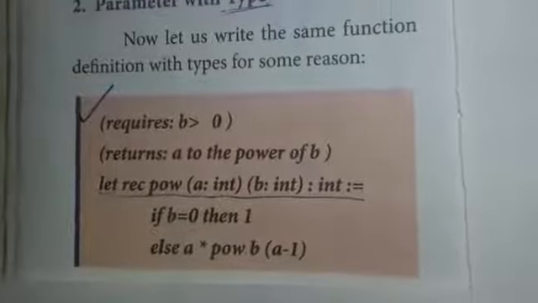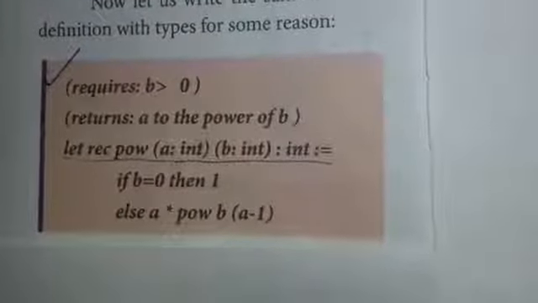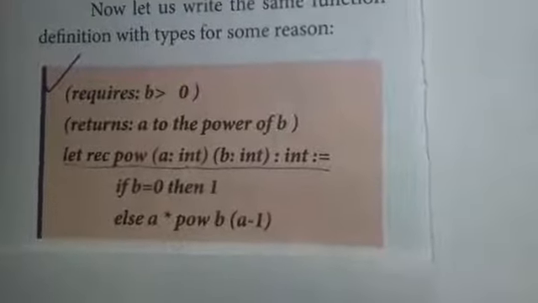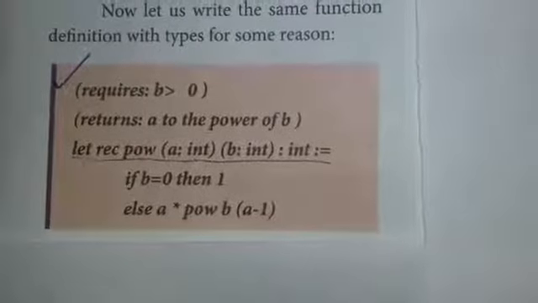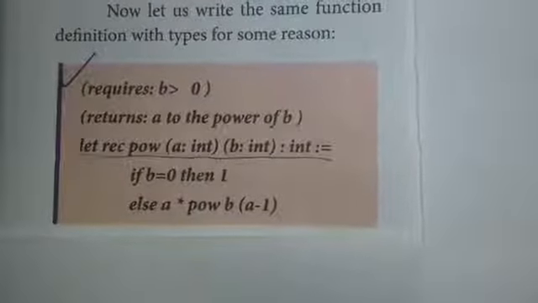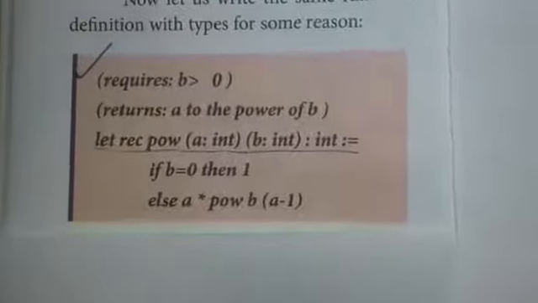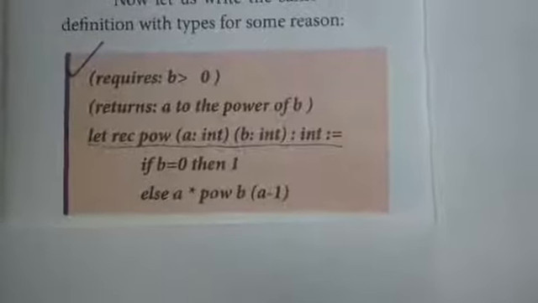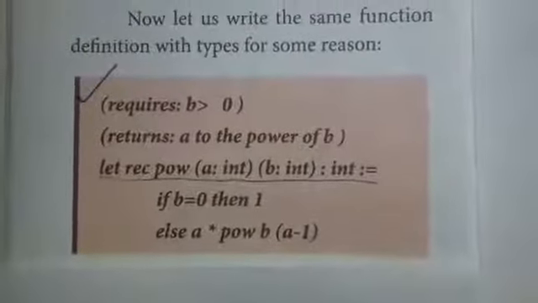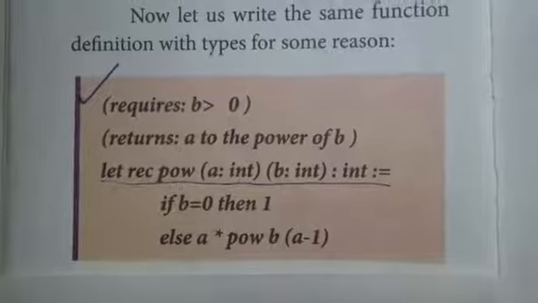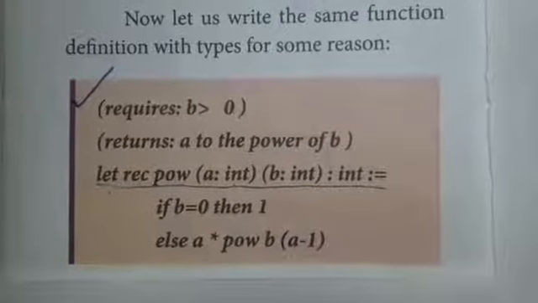The second type is parameter with type. So understand, functions are small sets of code which we execute to complete our specific task. When you want to create a function, you need to give a function name. For that function, parameters are the variables that have to be given and values have to be assigned to these parameters. Values are called arguments. Parameters can be given in two ways: one is without type, the second is with type. Without type means we are not specifying the data type.